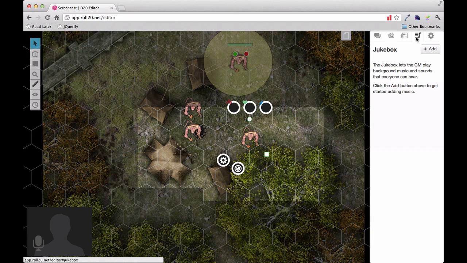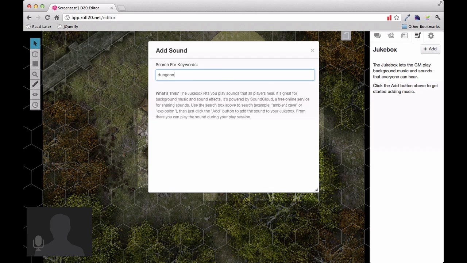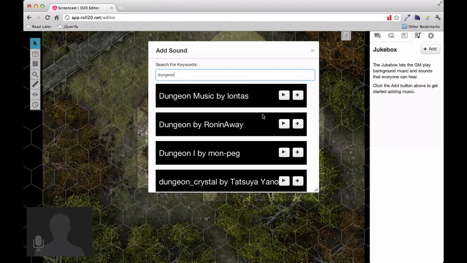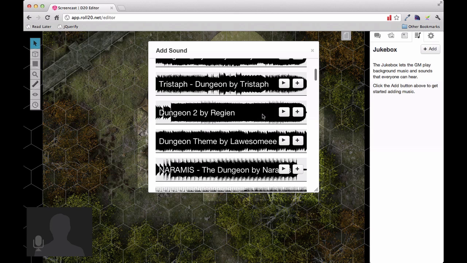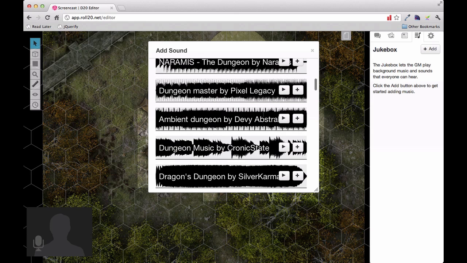Roll20's jukebox feature lets you easily add sound to your game. To start, just click the Add button. You can type any keyword like Dungeon into the box, and Roll20 will search the SoundCloud library for music to include. We've also set up some filtering in the background that tries to find music that's appropriate for use as background music. You can preview the track,